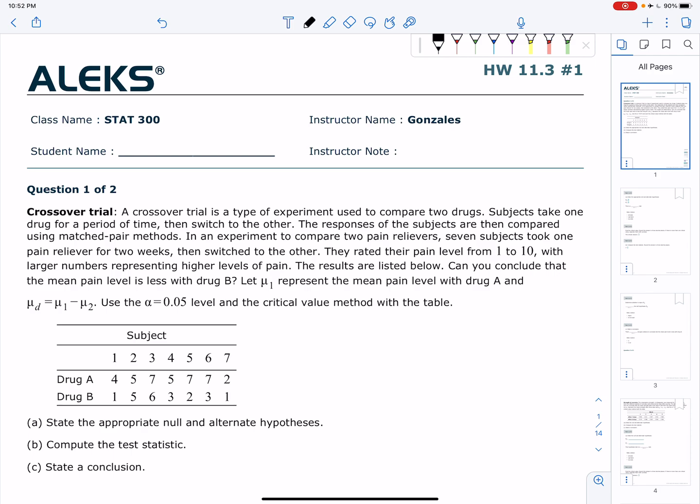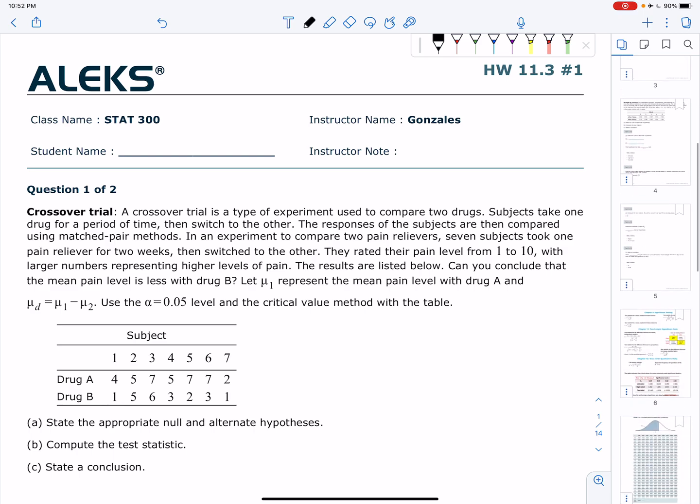And I would like to take a look at some problems from our homework section 11.3, which is hypothesis testing for the difference between two means, paired samples. So I think we kind of need to talk about this a little bit before we dive right in here. So I would like to take a look at